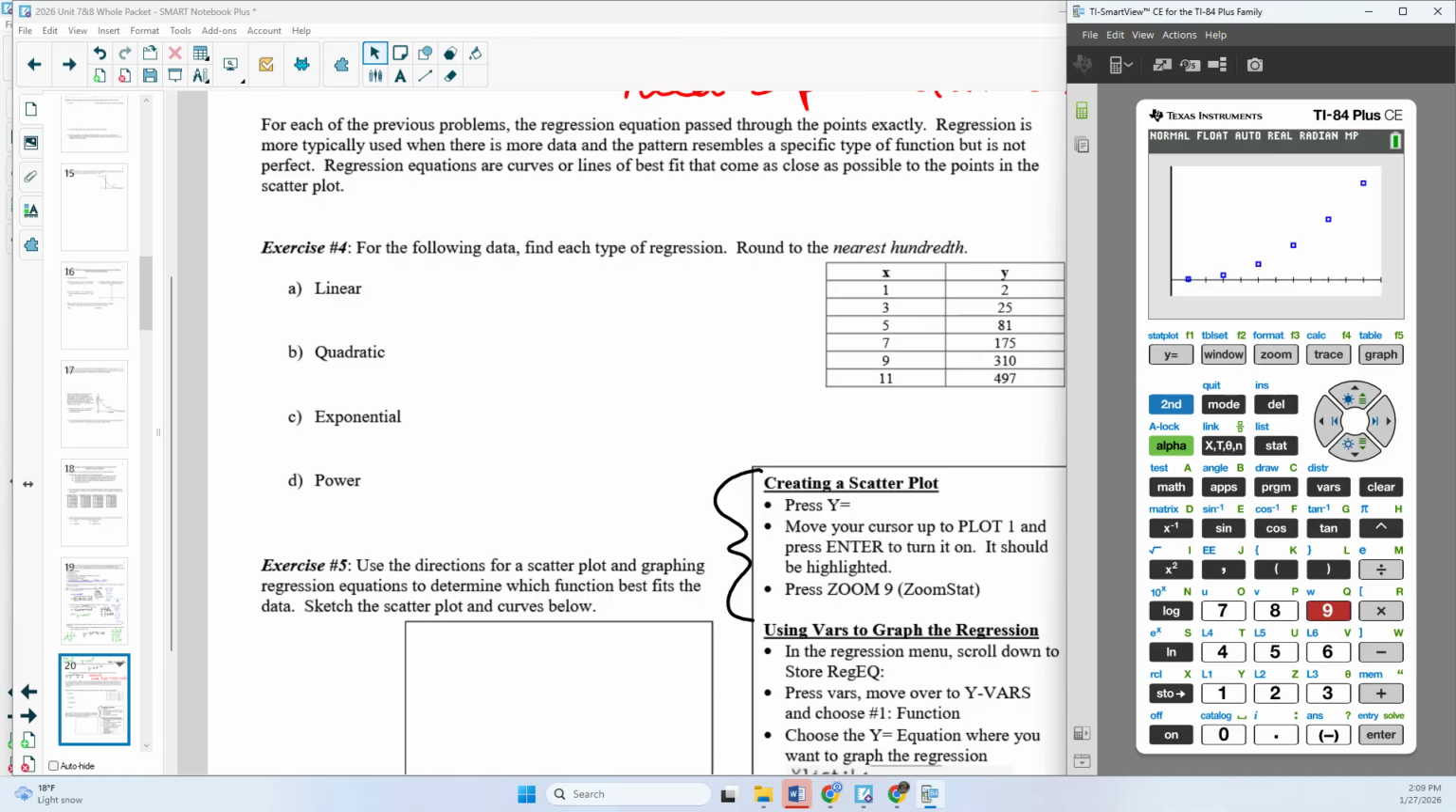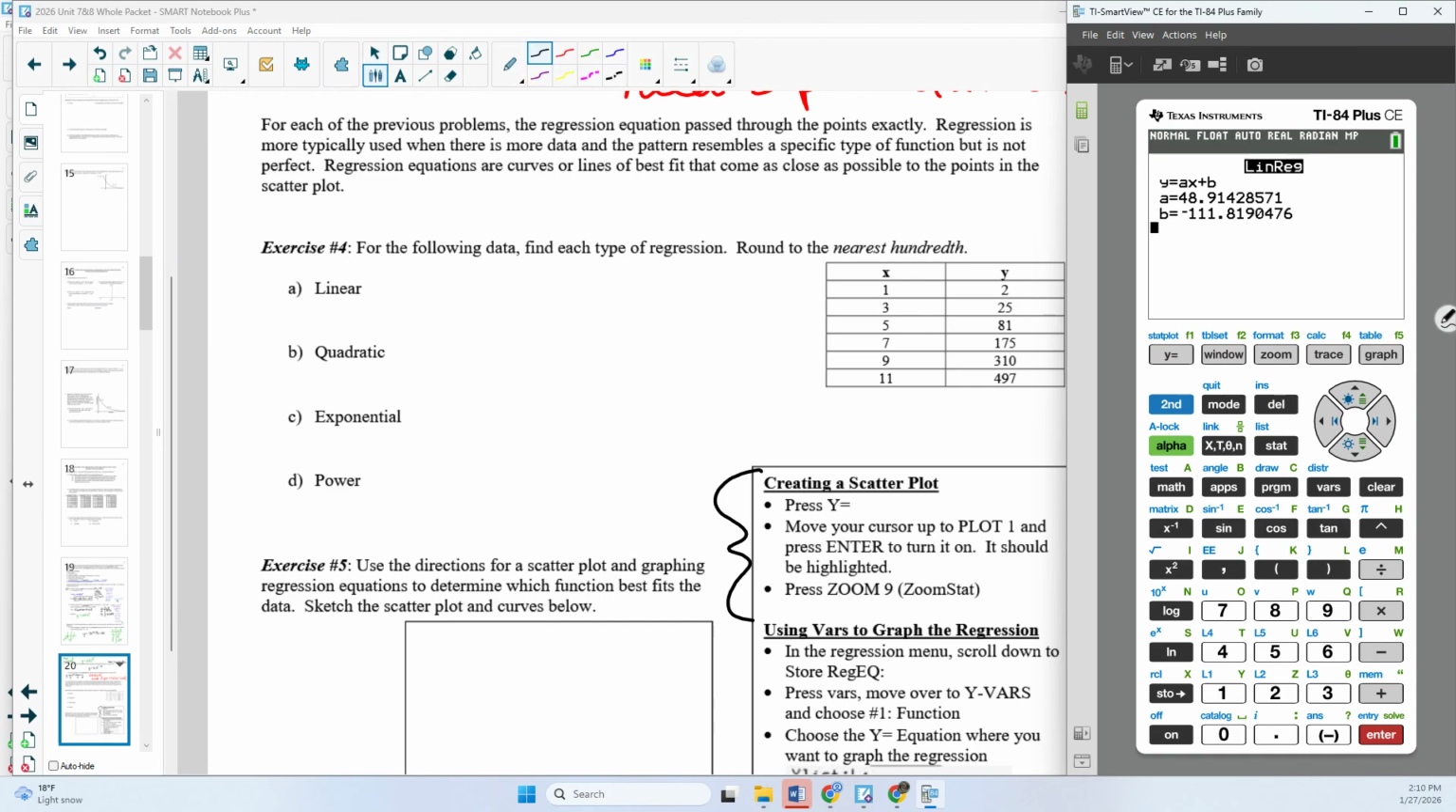So I can already tell that this is kind of curved, so I'm guessing the linear is not going to be the best option. But is it going to fit better with a quadratic, an exponential, or a power? I'm not really sure, so we're going to find each of those. So we will still find the linear one. I'm going to go to Stat, Calc, LinReg, press enter through my menu, and that equation is